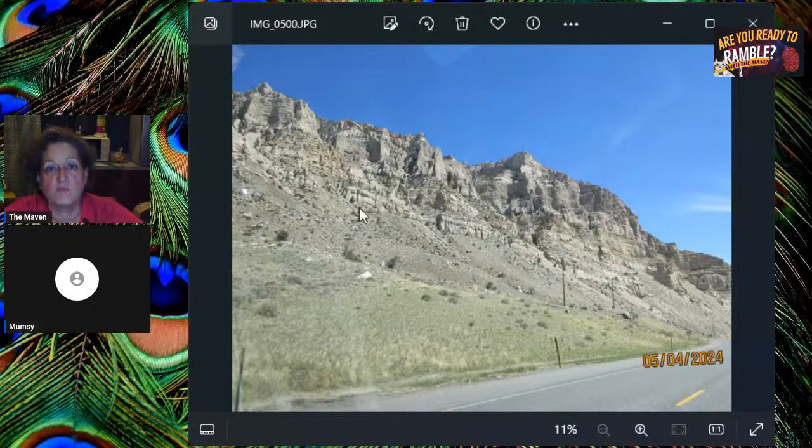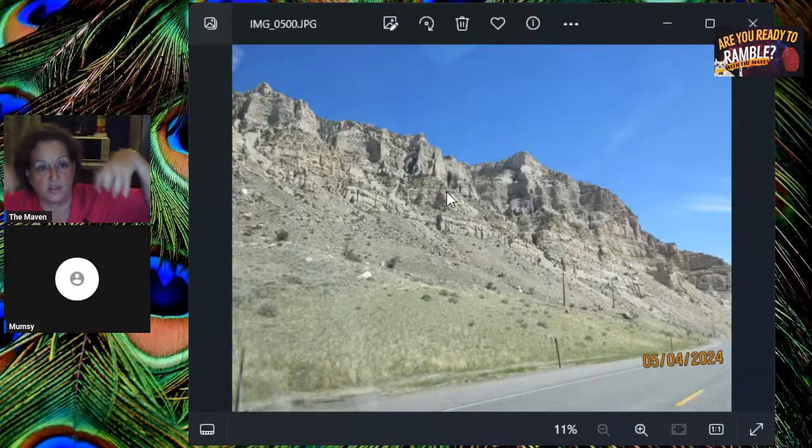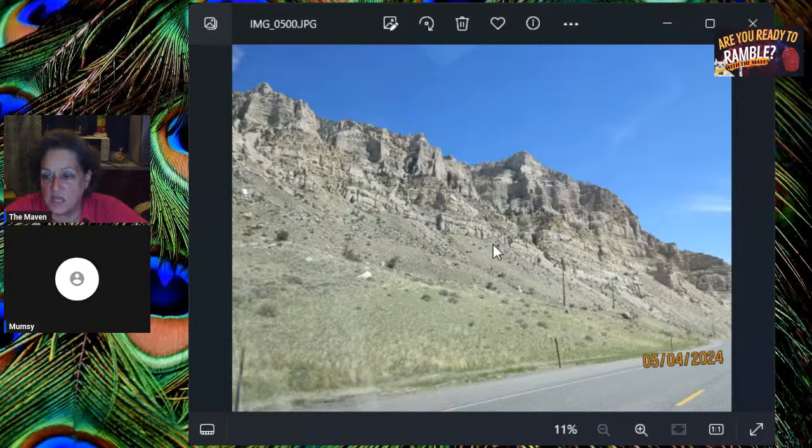So this might have been exposed through erosion. Remember, I was saying that other one looked like upthrust, and this one looks more like erode. Like the harder rock was exposed by the softer rock eroding. Looks like going to the Sun Highway. Is that what it was? You remember seeing a sign, Mom, going to the Sun Highway? No, I don't remember seeing a sign, but it could have been.